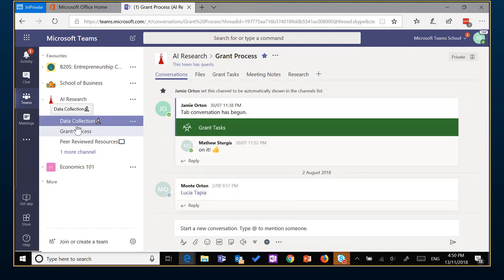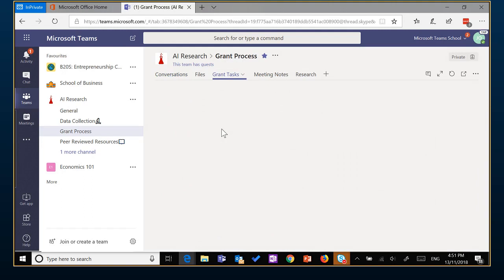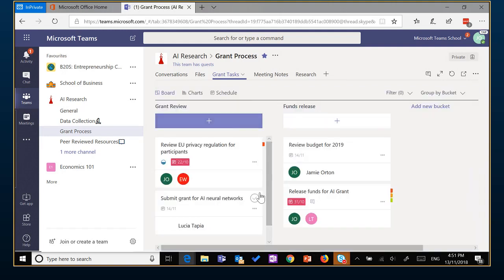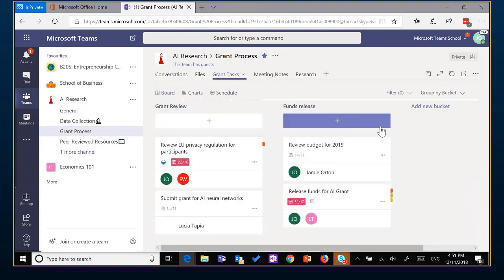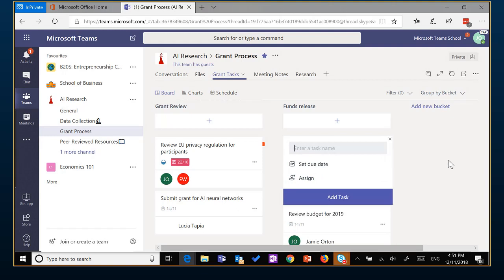I've moved now from the data collection to the grant process. You'll see within grant process we have the ability to go through and open what we call Planner. Planner is a capability, again, part of Office 365. So one of those tiles that we spoke about a little bit ago as part of Office.com, where I can now come in here and start to see some of the different tasks. I, for example, can assign a new task to someone. This might be something as simple as review